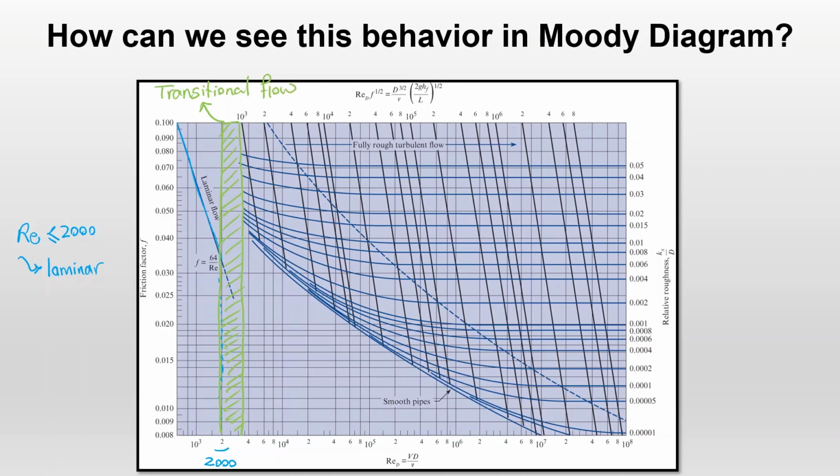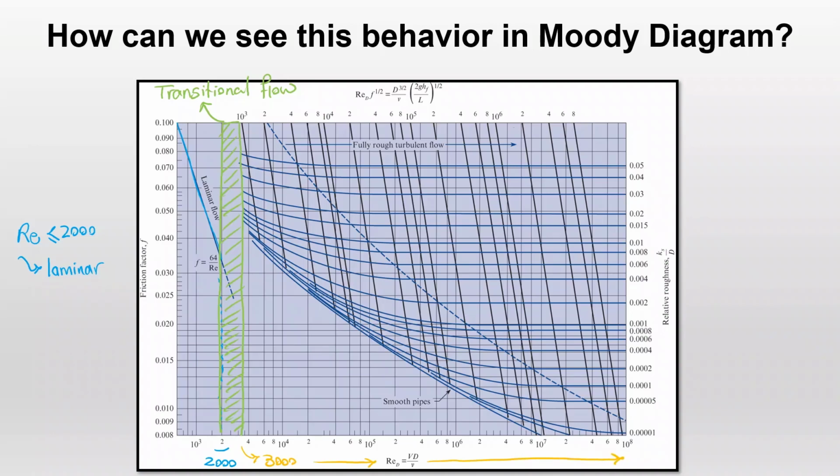We do not have any specific equation or chart in order to find friction factor for transitional flow. Why? Because this transitional flow layer is so thin that we don't even bother to calculate friction factor for it, because it doesn't usually happen and it's so thin. And then the rest from here, as you can see, when your Reynolds number is almost 3000, all the way to the end of this axis, here's when you have your